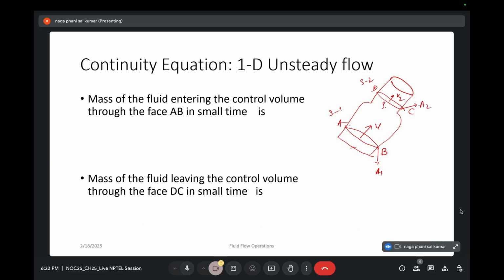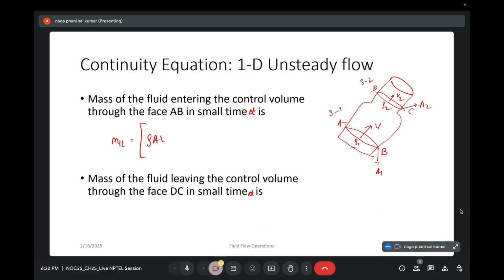Let's say densities are also different, rho 1 and rho 2, because we might be dealing with the case of compressible fluids as well, right? So in that case, density might be changing. Okay, so now time interval is going to be delta t. So now mass of fluid entering will be equal to M_IL will be equal to